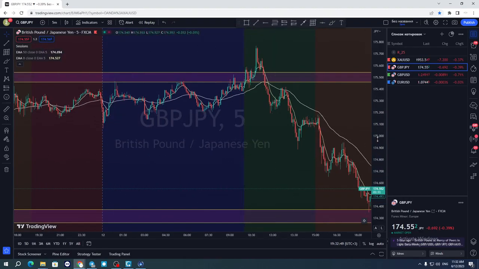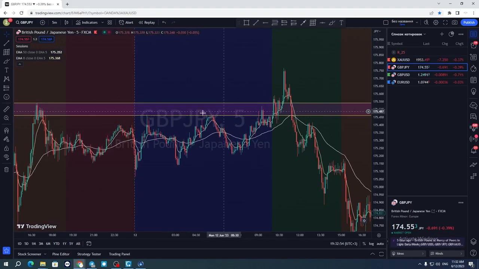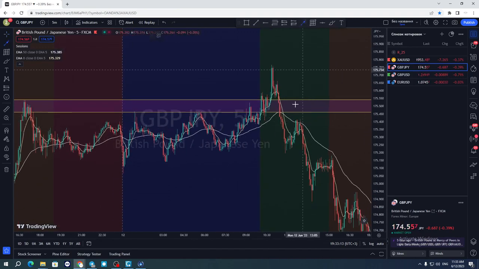So the same stuff all over again, guys. You see this support line. This is the previous day high. So what did the price actually do? The price literally just consolidated in the London session, faked above, came back, and broke below. To be honest, here I was waiting to retest and then take a short